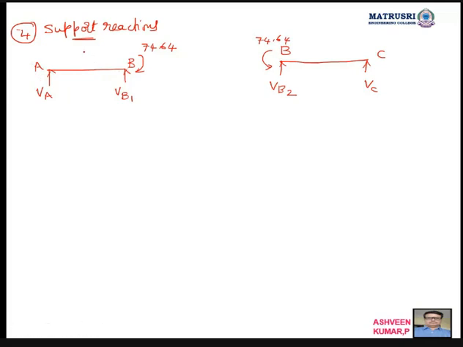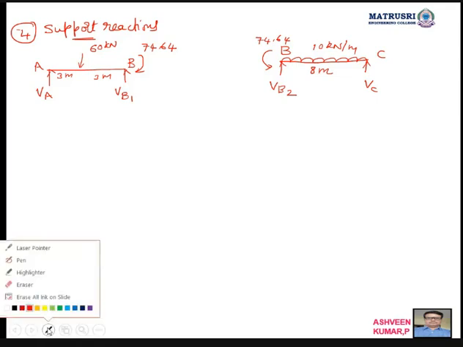Okay. Now here, how much is it? 60 kilonewton, 3 meter. Then this is UDL, 10 kilonewton per meter, 8 meter. So try to listen carefully here, because support reactions are needed in slope deflection, moment distribution, Kani's method, flexibility method, stiffness method, all the methods which you are going to get in structural analysis. So keep in mind and concentrate here.